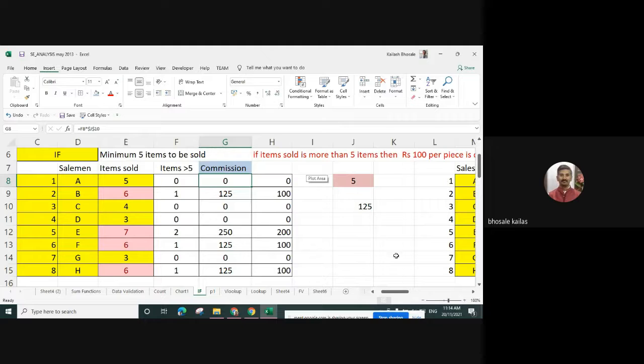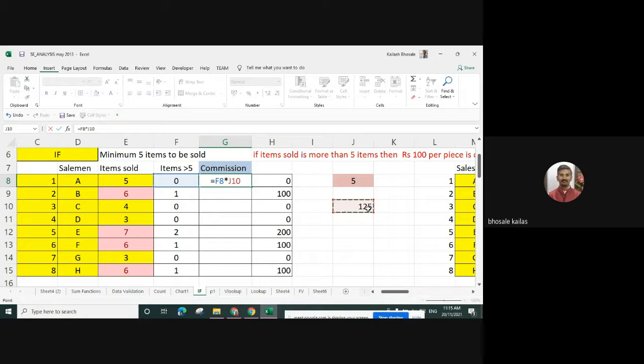So for each item sold above 5, we will give 125 per item sold. For that purpose, I will write down the function equal to the F8 value into this J10 value.